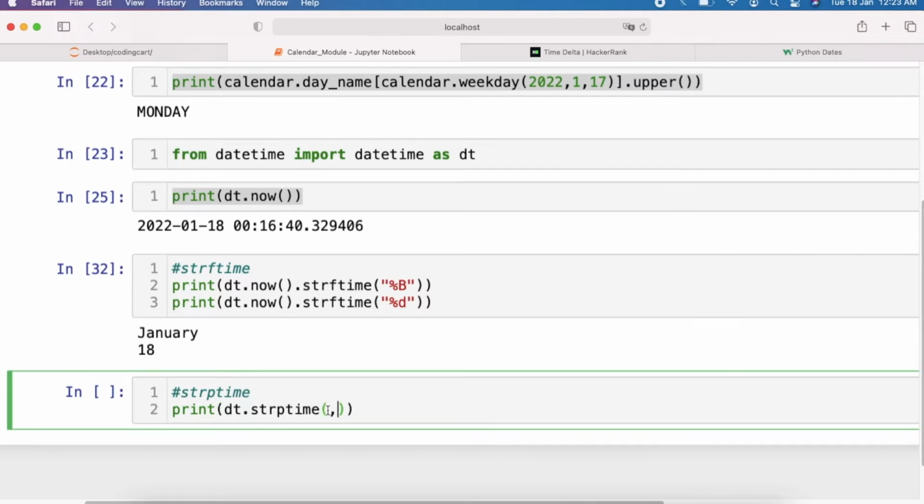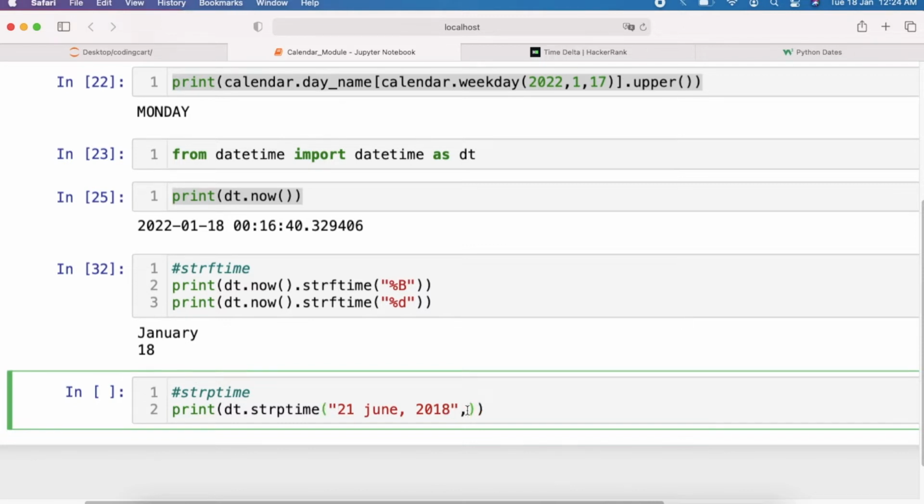One is the date which we want to convert into datetime. For example, if I am giving 21st June, 2018, and this one is a string, so we have to give it in string type.